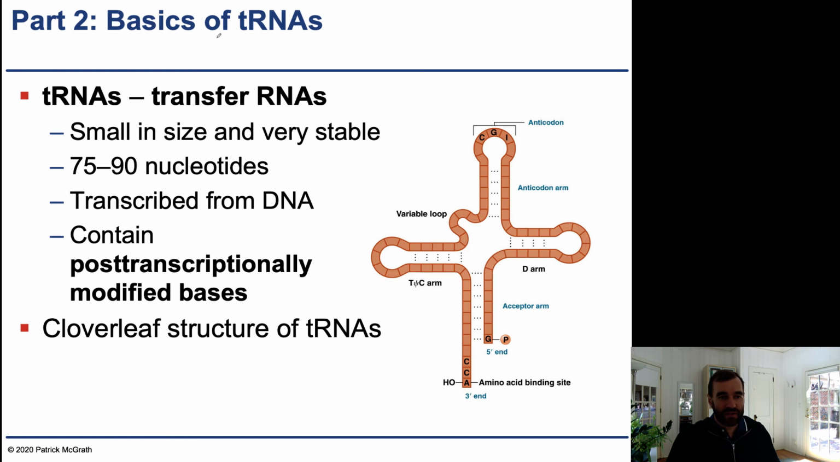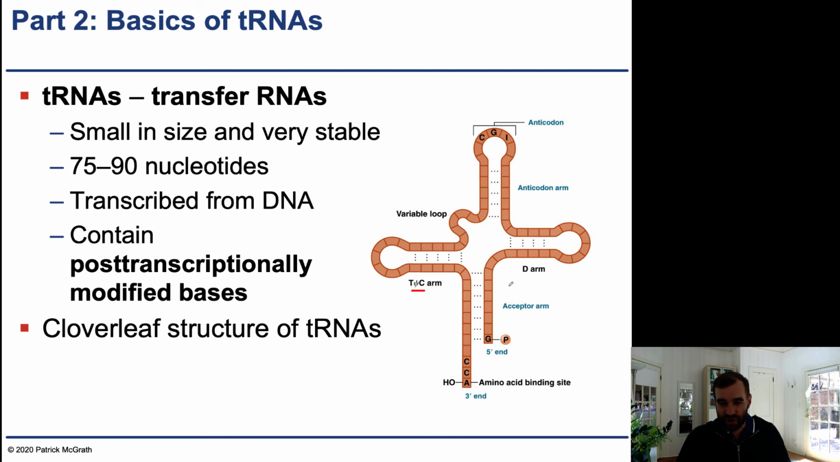The tRNAs, we've seen these before. These are small in size and very stable, about 75 to 90 nucleotides. We talked about before that they're transcribed from DNA and processed. They are often post-transcriptionally modified, so many of the nucleotides have unique modifications and are not just an A, C, G, or a U. And all of these tRNAs, and there's a large number of them,